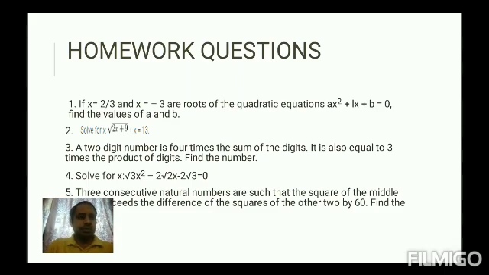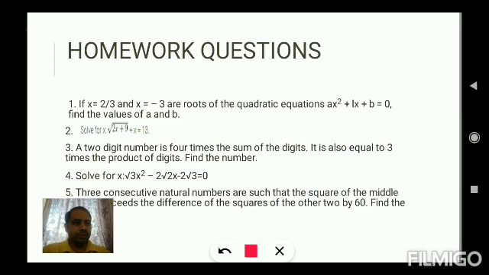ax square plus lx plus b. At the place of lx, in the question there was a correction. Ax square plus lx plus b, cancel the lx and write there 7x. At the place of lx we have to write 7x. Do the correction first. You have to cancel this lx. At the place of lx you have to write 7x.